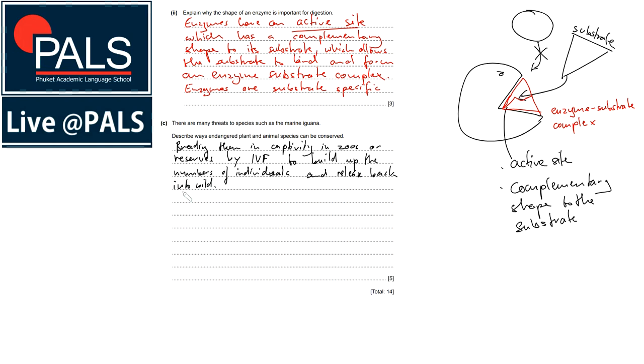Something else could be education programs to inform people about the situation, or something like not to prevent or reduce pollution, which could negatively affect our species,